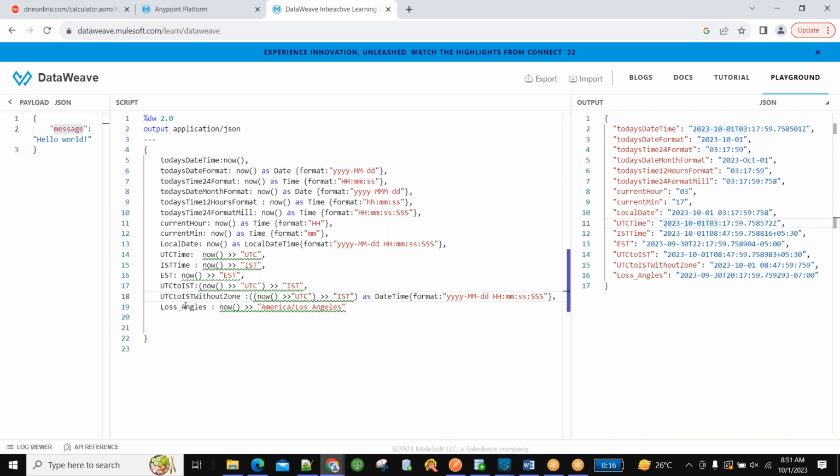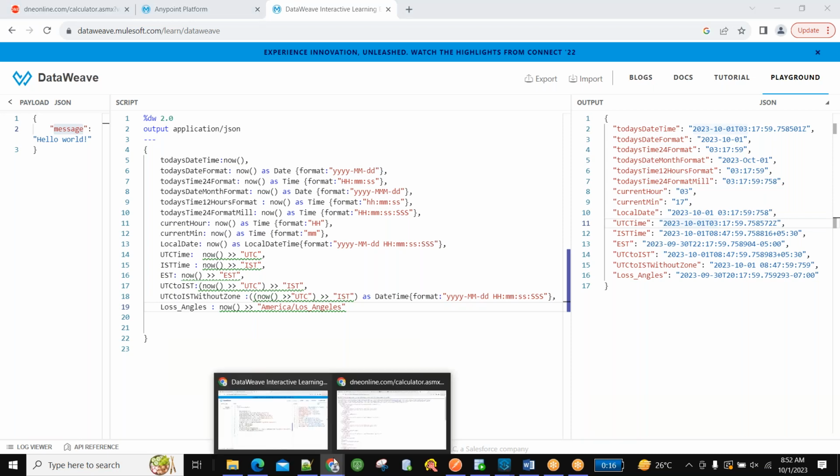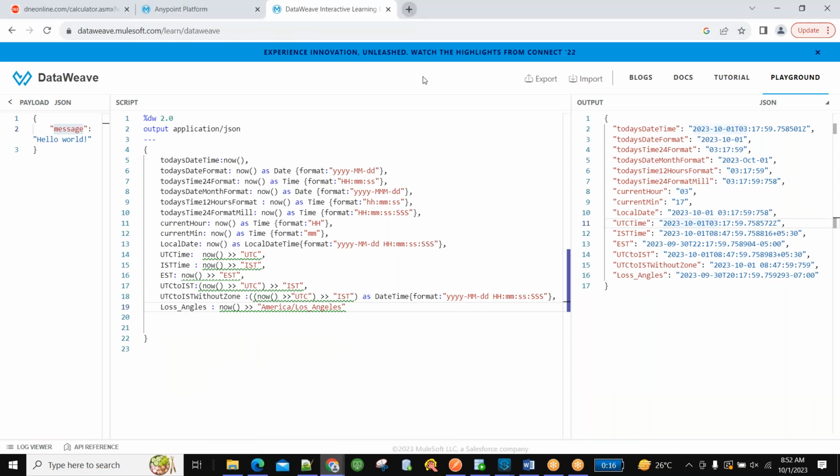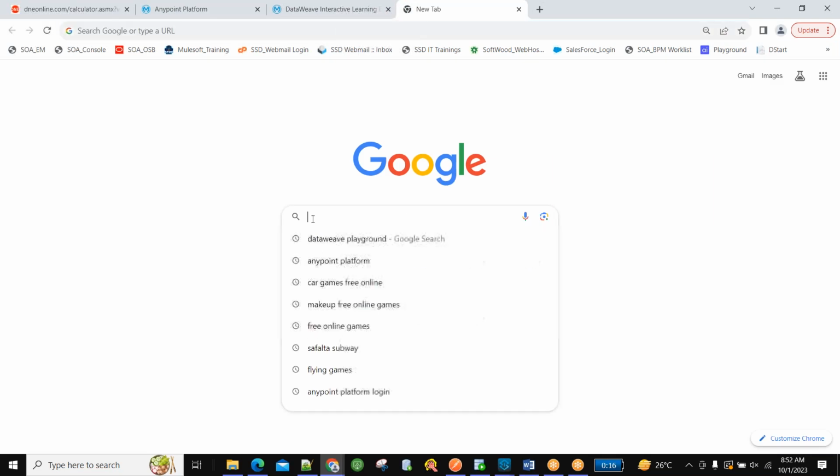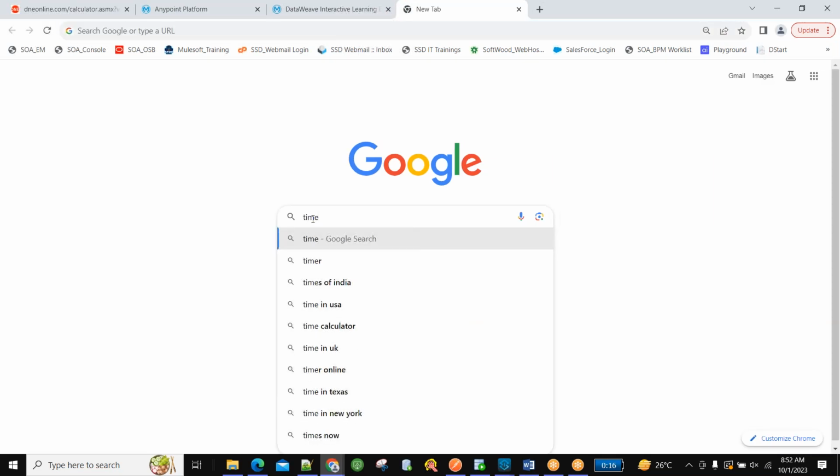Now in Los Angeles, if you want to find out the time at a particular location and set that value, then in that case we can give area greater than area. Just we can give whatever the area is there. If you search in Google for time zones, so many things will come. But whatever is required,